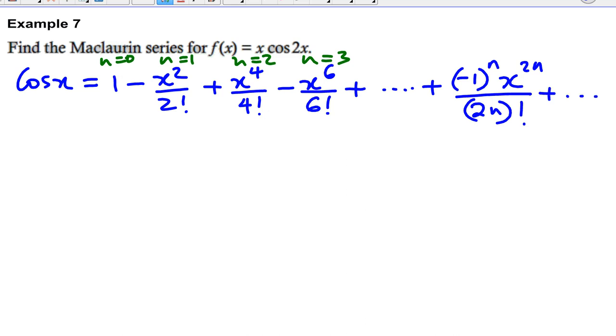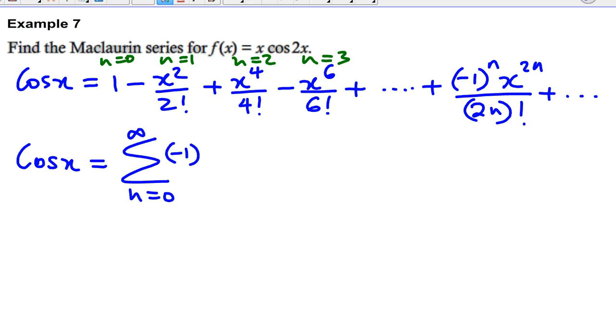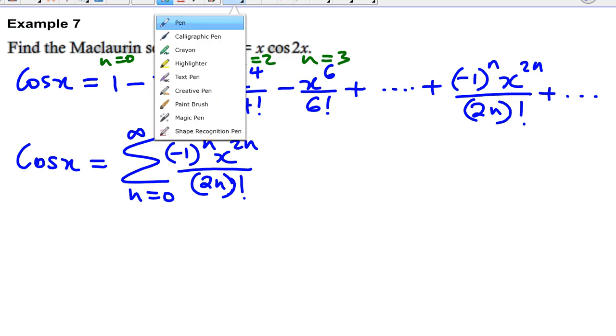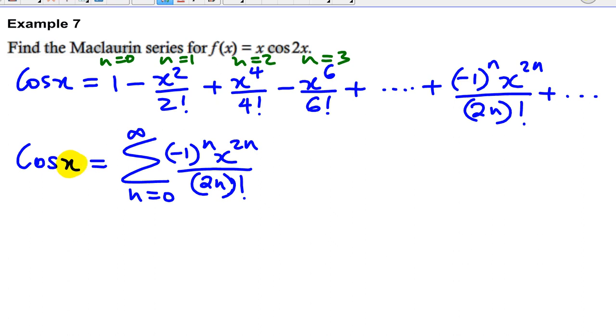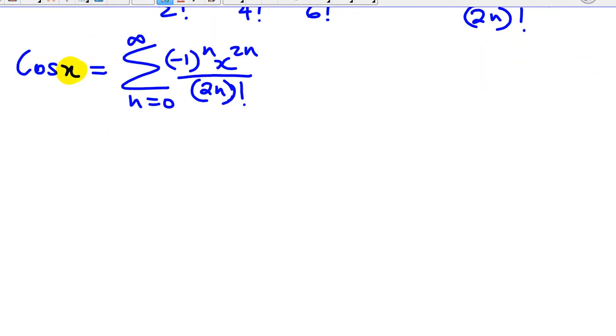So cos x can be represented by this series. Now that we have the formula for the nth term, we can plug it here: negative 1 to power n, x to power 2n over 2n factorial. Now, this is a series that represents cos x, but what we want is cos 2x. So I'm just going to write here cos 2x